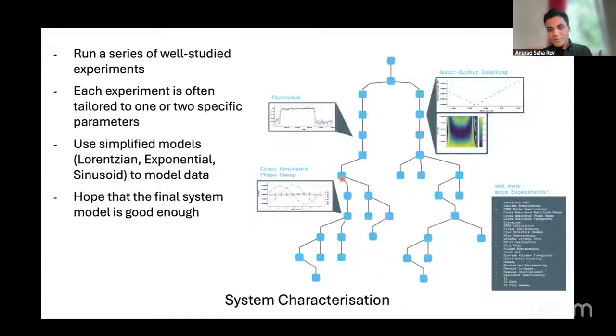So the way to tune up a quantum computer is to run a lot of experiments on it. That's the first step. You have a chip. Let's say you cool down this nice golden dilution refrigerator that you see in all the pictures that hosts a chip at the bottom of it. You cool it down. That's why it's a fridge. And then once you cool it down, you run a host of experiments on it.